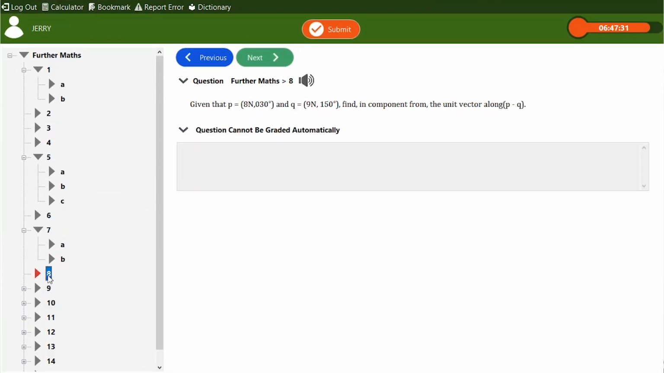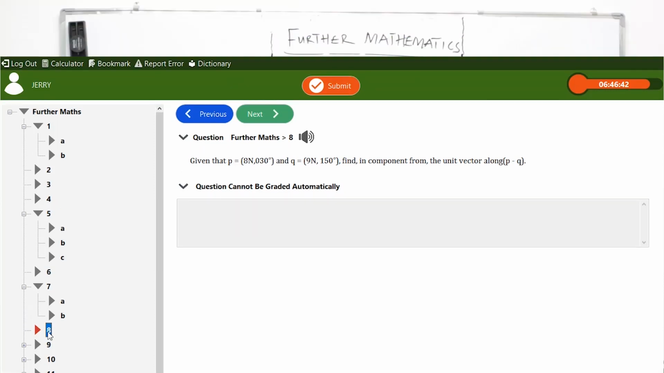Question number 8. That is vector. Given that P equals 8 Newton at 30 degrees, and Q is this, find in component form the unit vector along P minus Q. Okay. For P,